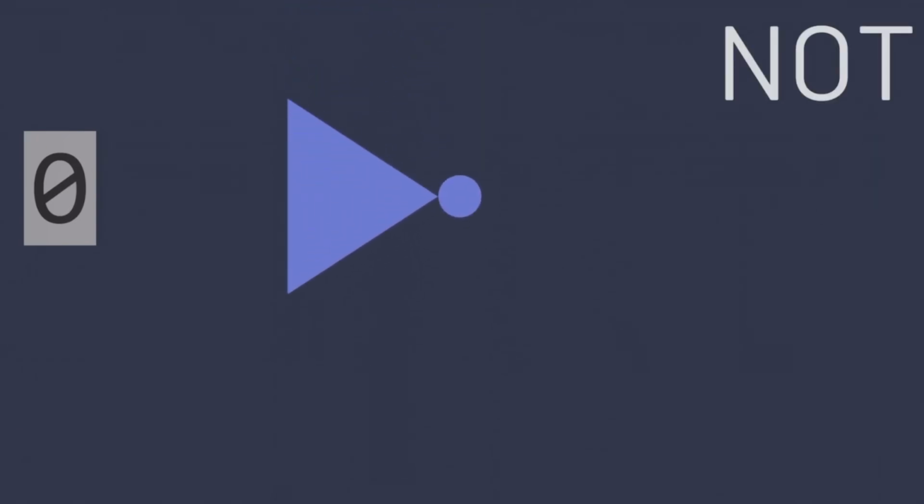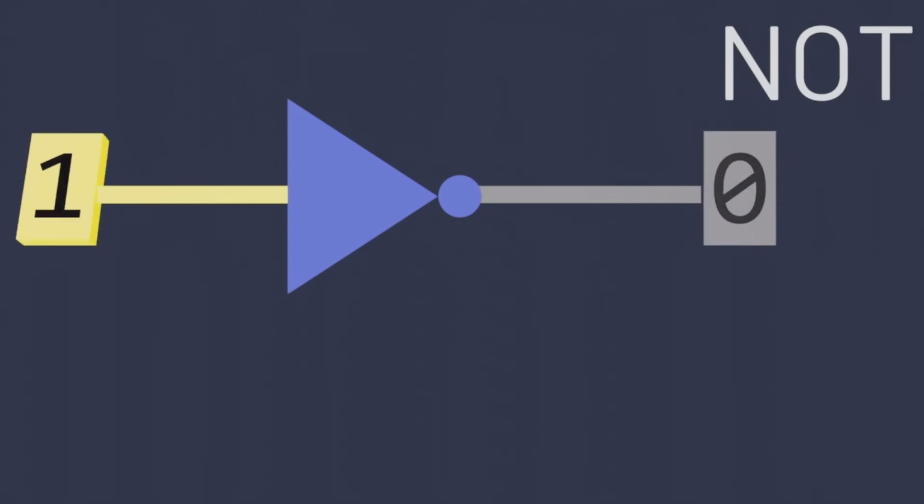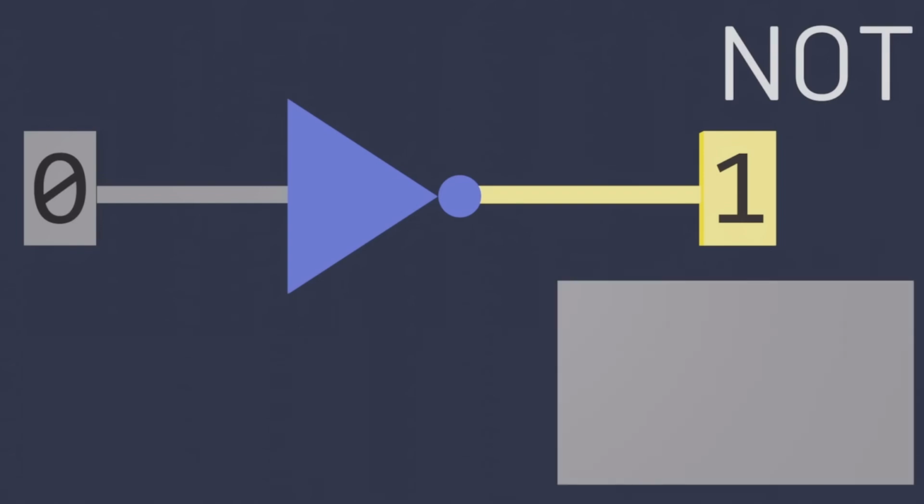The NOT gate takes a single input, either a 0 or a 1, and inverts it, so that the output is the opposite of whatever the input is. If the input is a 1, then the NOT gate outputs a 0. If the input is a 0, then the NOT gate outputs a 1. To represent the logical rule this gate obeys, we can draw a truth table, which is just a way of writing down the rules for some logical formula. This table says that if the input is 0, then the output is 1, and if the input is 1,